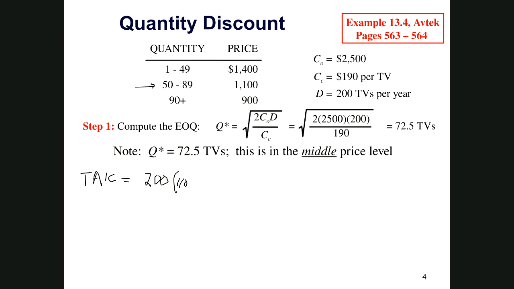And now we're going to use our annual carrying cost, which is Q over 2. Again, this is our EOQ model, not our PQM model. 72.5 over 2 times our carrying cost